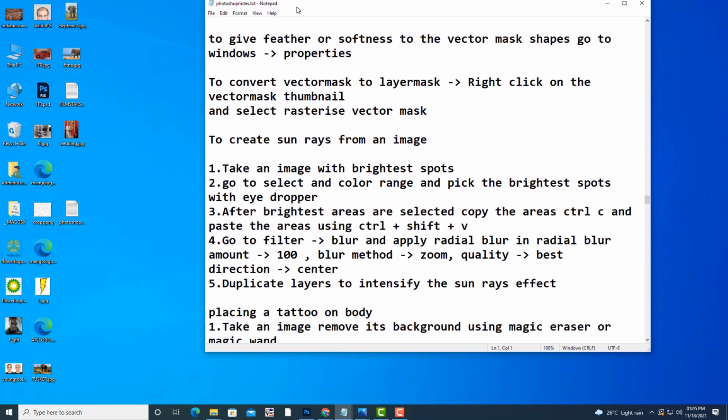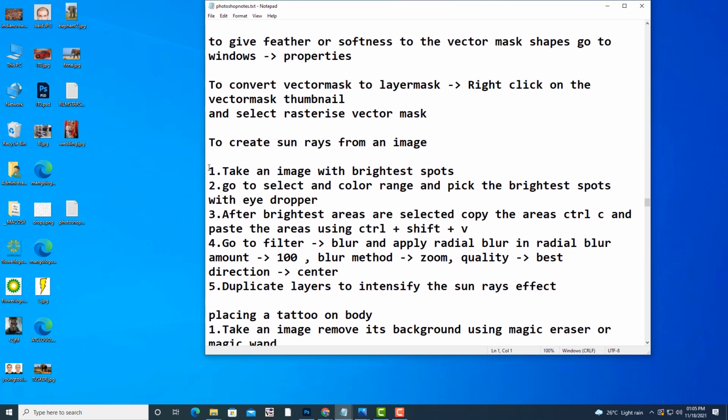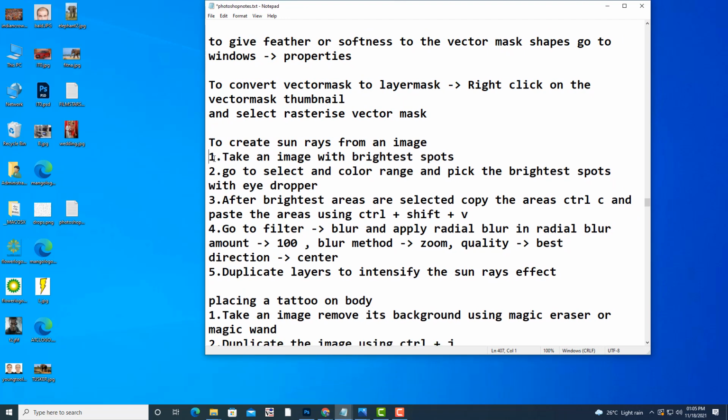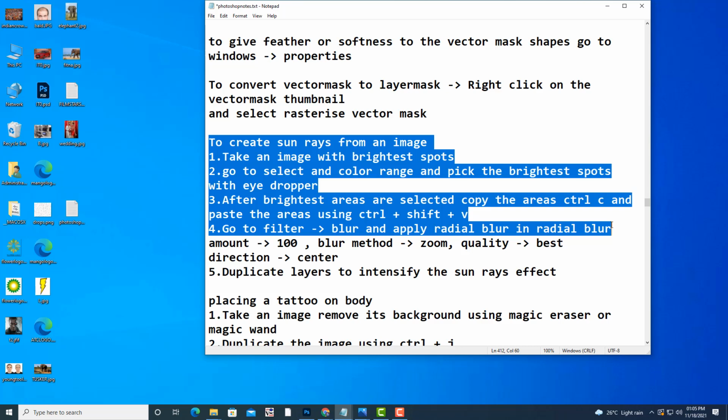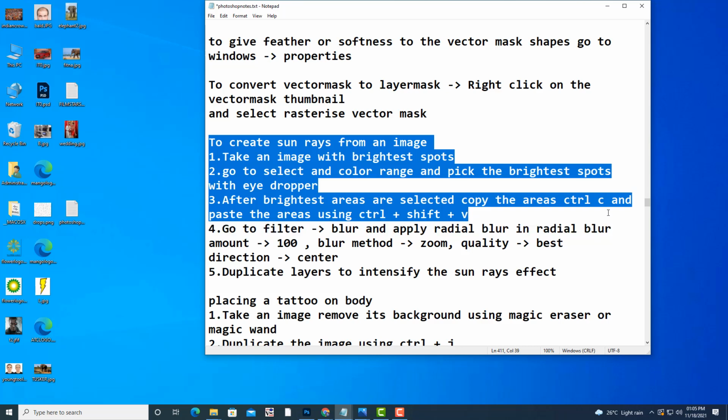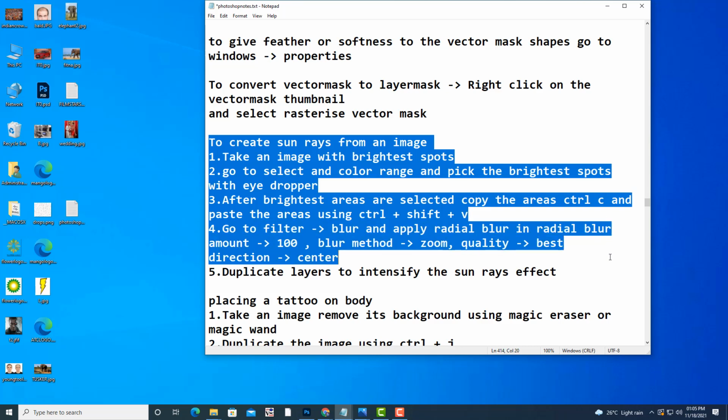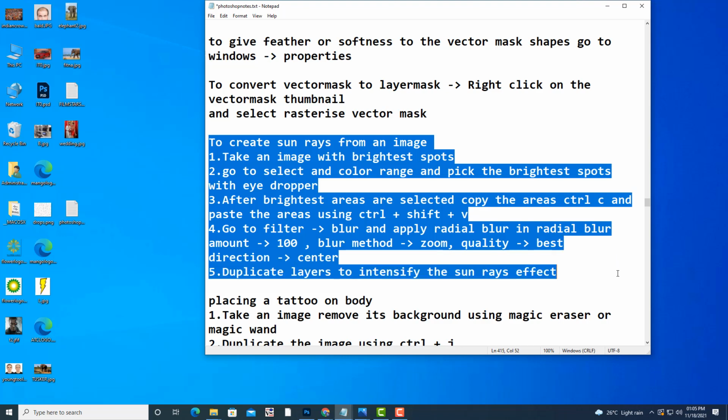Okay, so just write down the first 4 points here. Actually, you better write everything, all the points, okay? Because only 5 points are there now. Quickly finish it off.